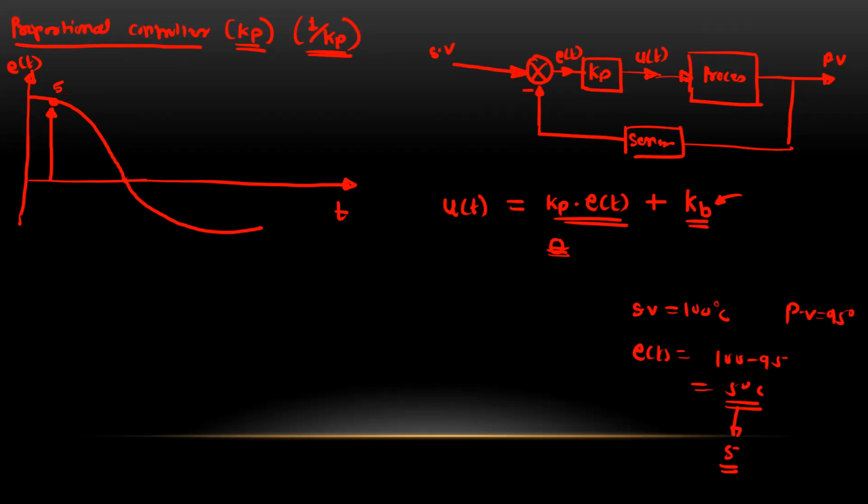So the error will be 5. This 5 will be multiplied by this Kp constant. So Kp into error 5 will generate the controlled signal as 5 Kp. And this controlled signal will then control the heating process. So basically the use of the proportional controller is,